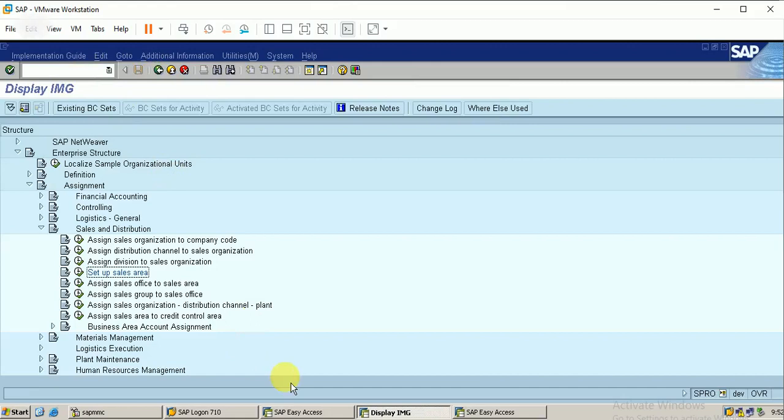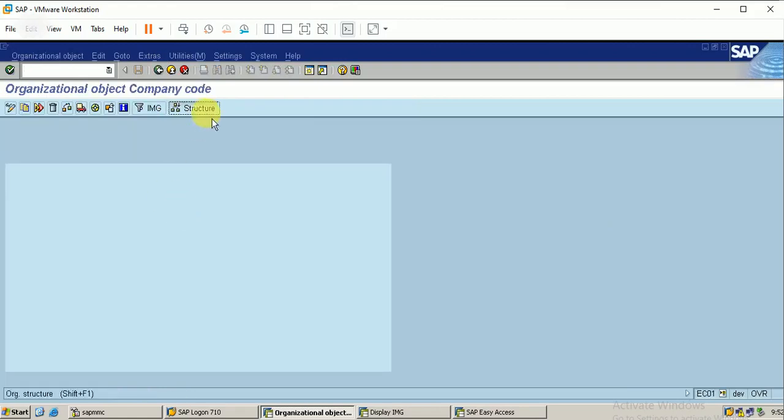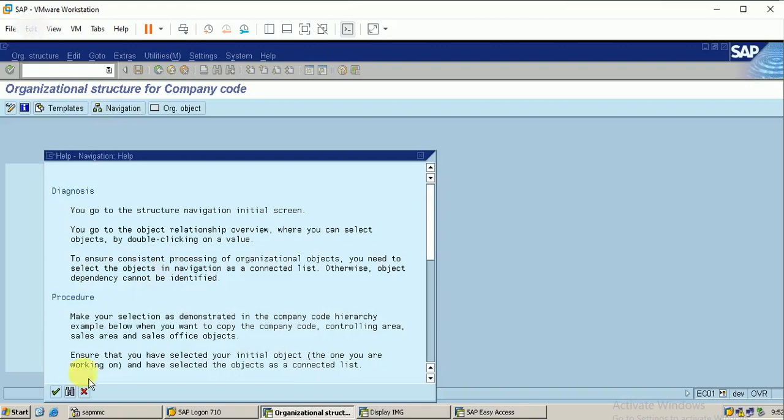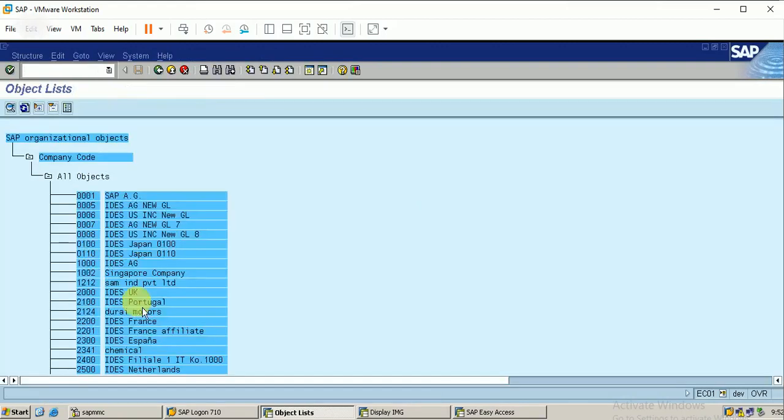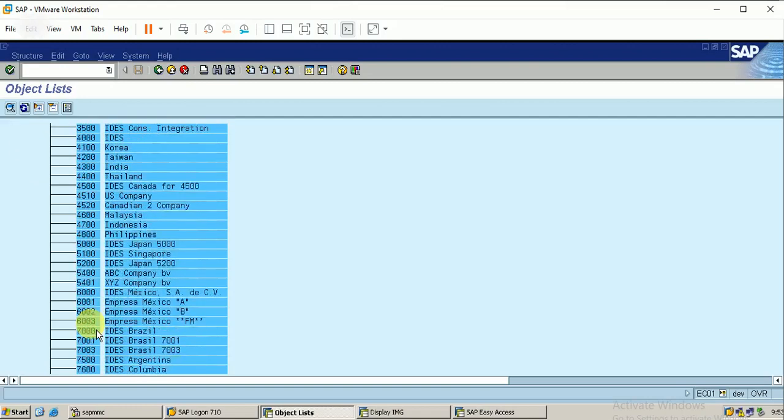Okay. Let me check the configuration, EC01. There is the organization structure. Let me check that too because I have changed the name. Where is my company code?